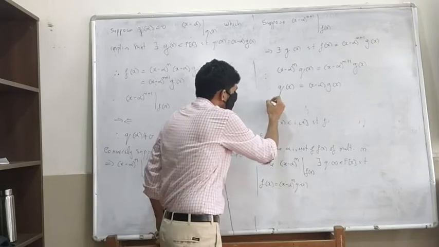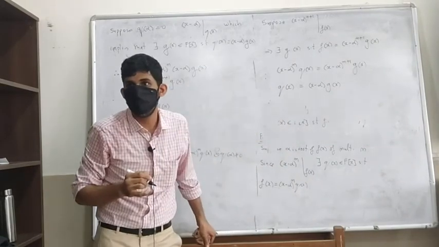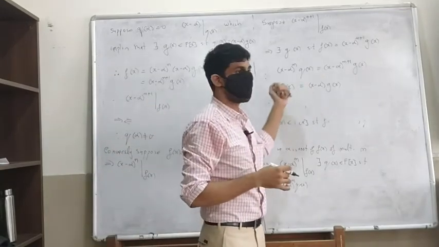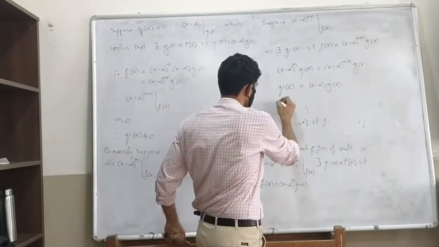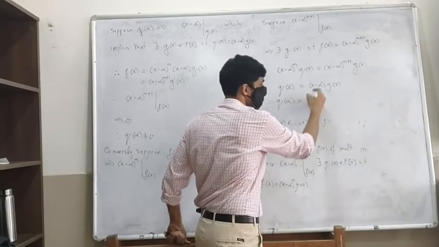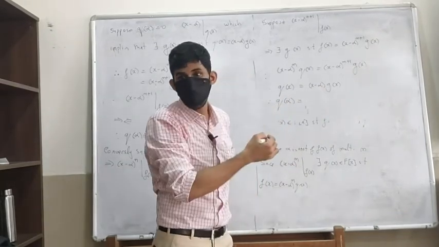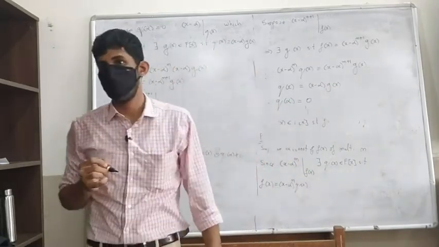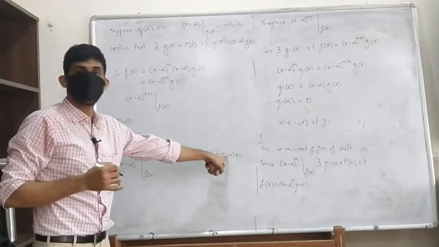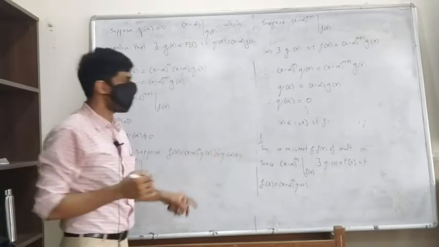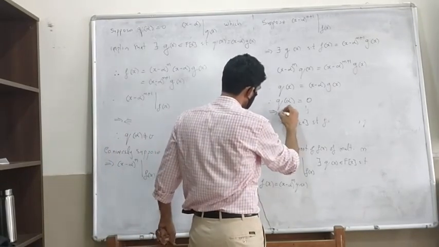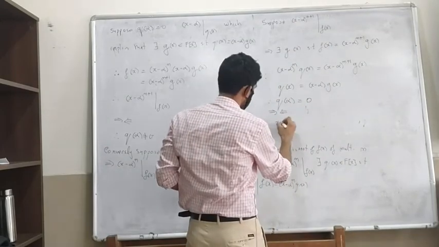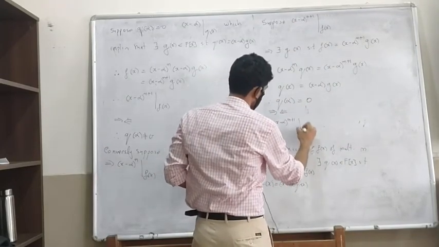Okay, now applying the evaluation homomorphism on both sides, what we will get? Q of alpha is alpha minus alpha, which is 0, right, times g of alpha. So this is going to give us 0, right? But that's a contradiction to the fact that q of alpha is non-zero, right? So this is a contradiction, and what have we contradicted? This statement. So therefore, x minus alpha raised to m plus 1 does not divide f of x.